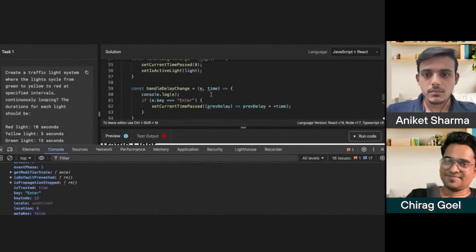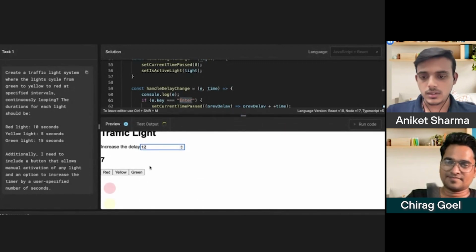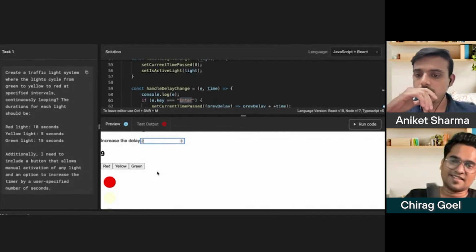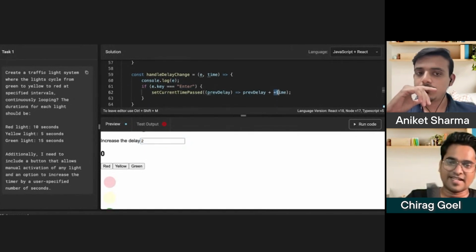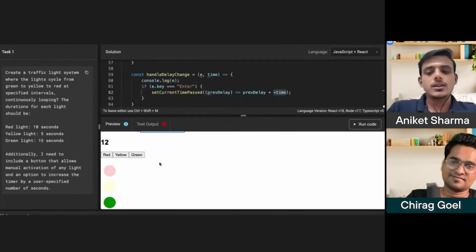Okay, sure. I think we are already accessing the key. So let me run the code. It is in green, and if I type enter, it started with red. Hold on, it interrupted with the red and it ended. Hit enter once again with 2 probably. Ideally after 15 it should add up to 17 seconds, but I don't think it is working.